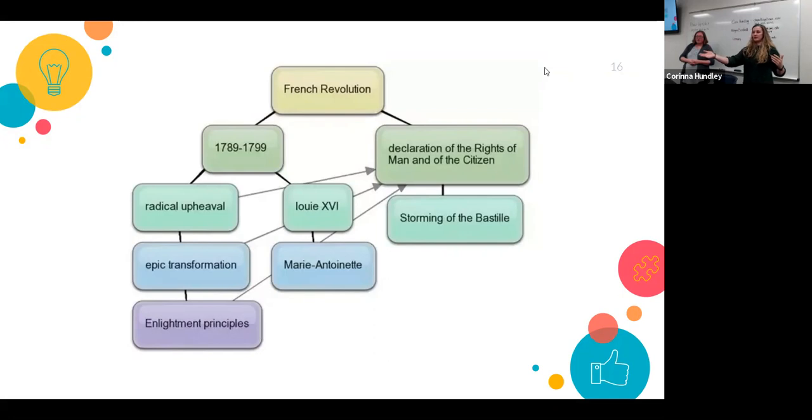Okay, it was between 1789 and 1799. Then you start doing some more searching, and you find out that Louis the 14th was involved in that. You keep bouncing around, and you realize it's not really all interconnected in a linear fashion right now, but it gets you all the points. By doing this kind of thought map, you get multiple points as you're doing the research, and